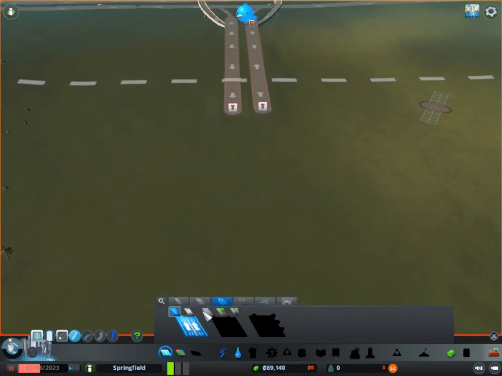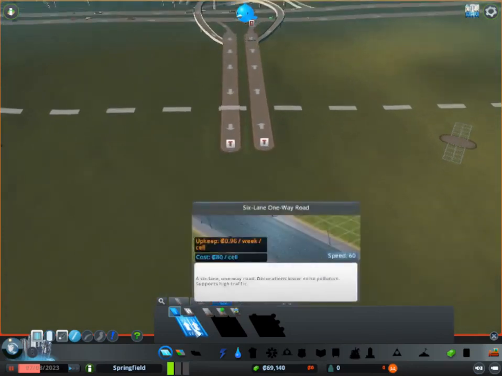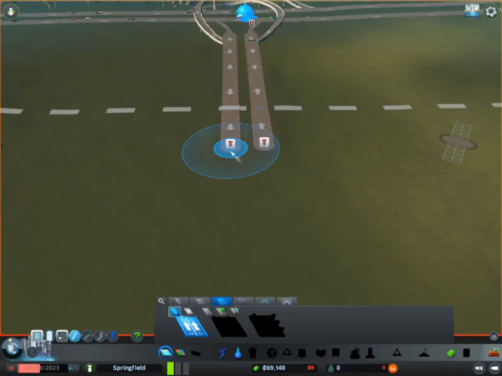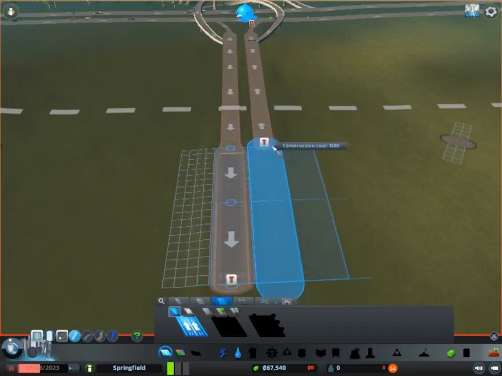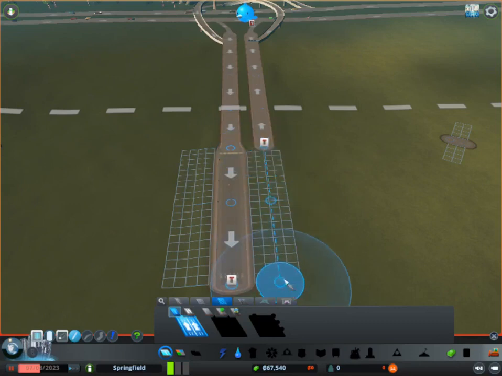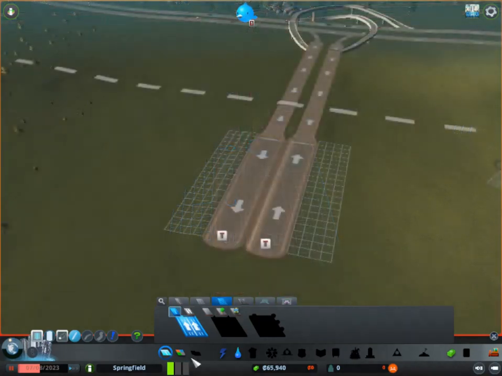So for now, I use this large street, and I just continue it from there to there, and the other one like this. So as you can see, the demand for residential zones is too high. So you just need to prepare some kind of infrastructure such as electricity and water